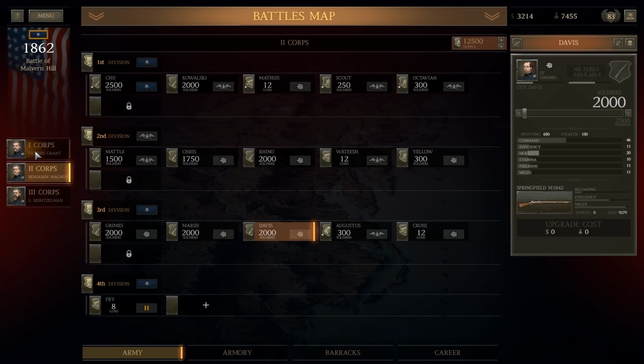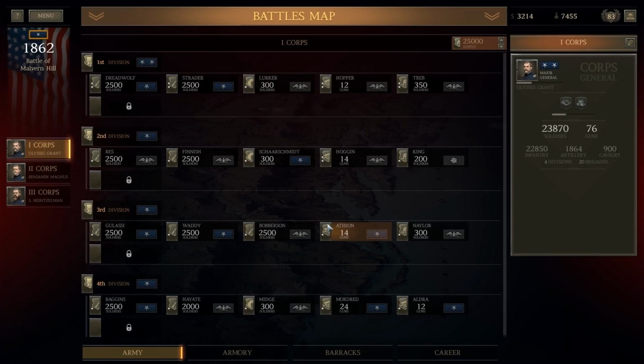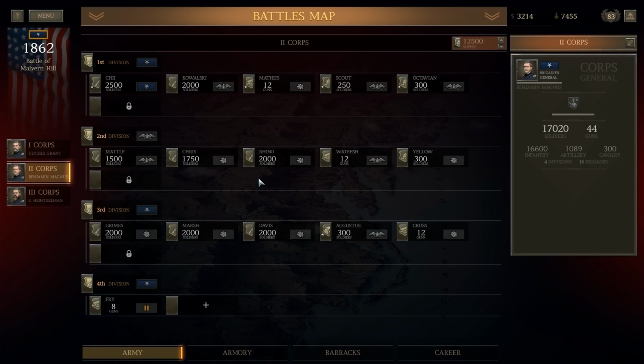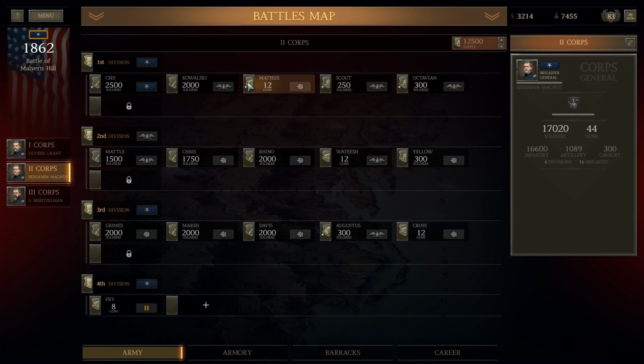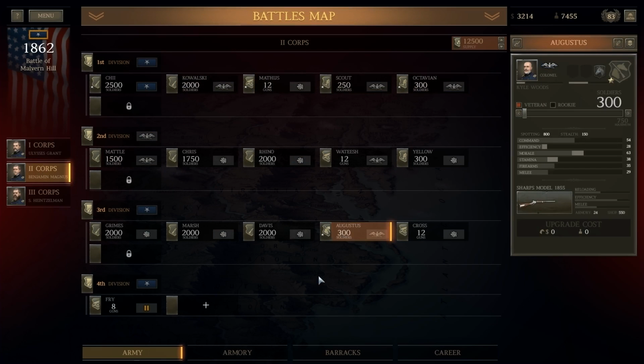Our corps are definitely looking pretty damn good. So we've got 24,000 troops and 76 guns in the first corps, 900 cav. The second corps has 17,000 troops with 44 guns and 300 cav. So that's pretty low on the cav. But we got 3 units of 300. So that's Lurker, Scharschmidt, and Midge. Where's the Midge? And then in the second corps we got Octavian, not Octavian, Augustus. And that's the only one that actually has...